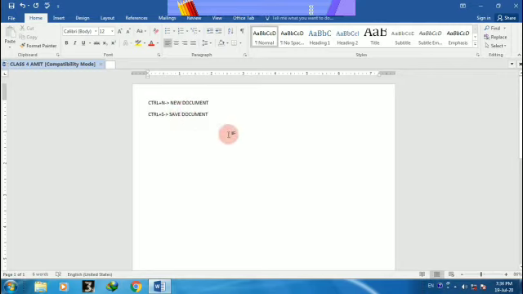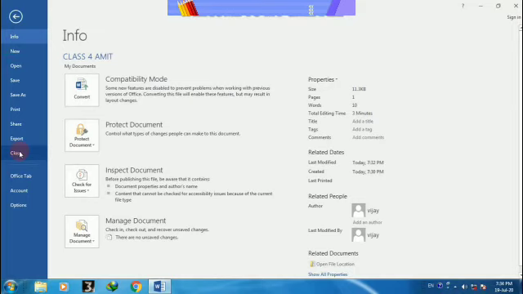By using these shortcut keys, there is no need to go to the option and no need to open your step by step processing. And the next shortcut key is Ctrl+W. Ctrl+W is used to close your document. Okay.